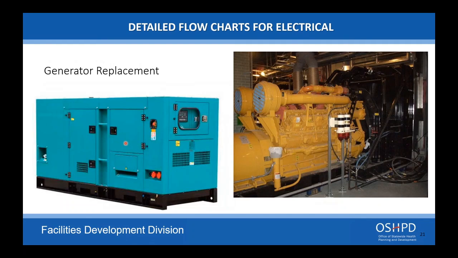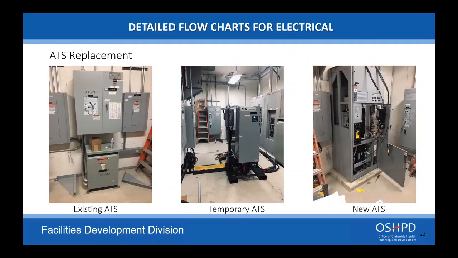If you're replacing a generator, again, identify the scope. If the project is solely replacing the generator, that is the scope of your project. You do not have to go downstream for any upgrades other than what's required to get that new generator in place. Looking at an automatic transfer switch replacement,